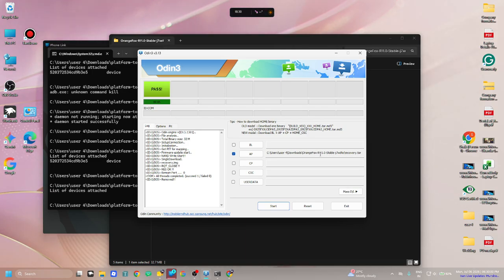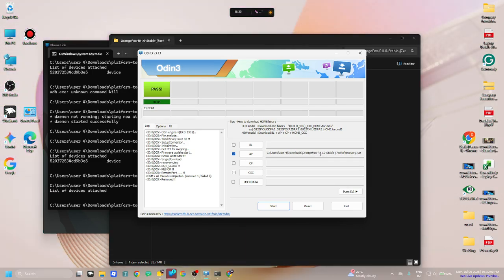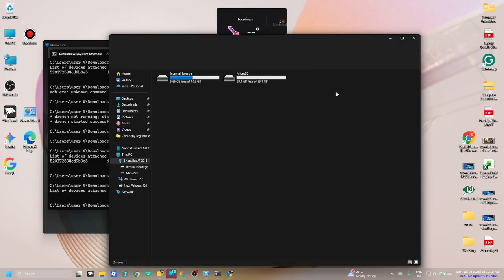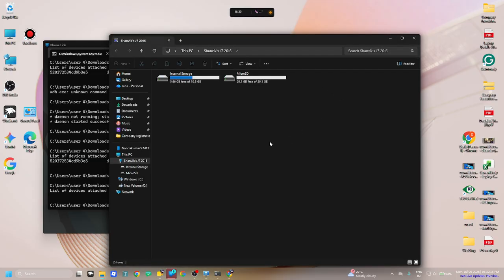Then it should show a bright orange screen saying Orange Box Recovery. And then it will again open this. Back then it showed SD card, but now it shows micro SD card. We are in recovery,